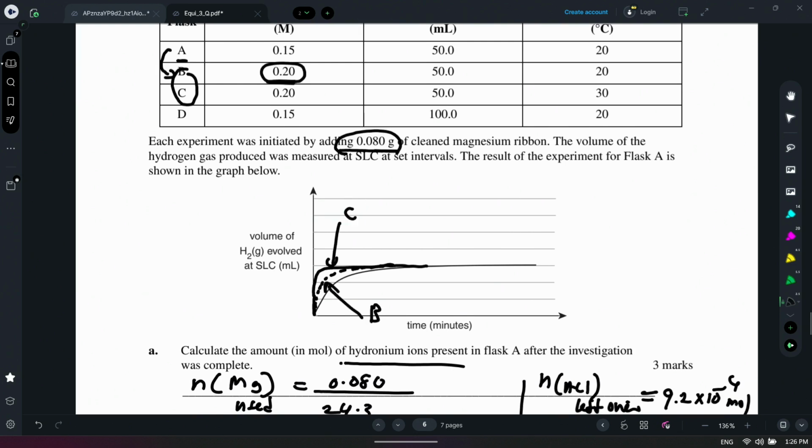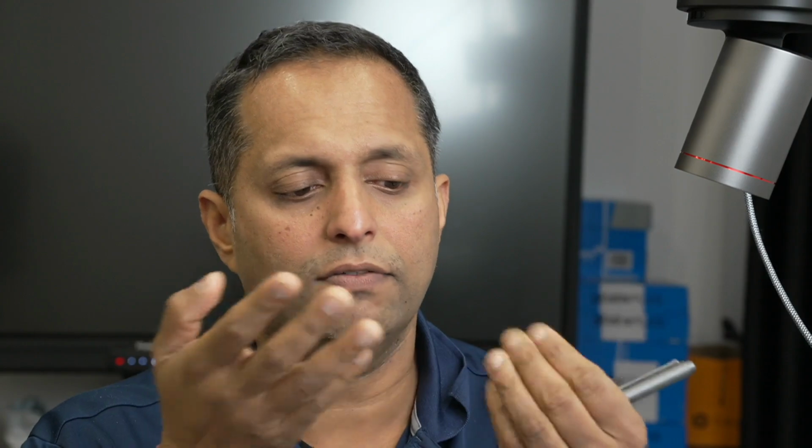The gradient is highest in C. That's simple. How did you go? Now, rate of a reaction is the gradient of a reaction. The steeper the gradient, the higher the